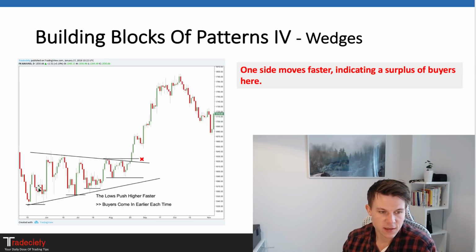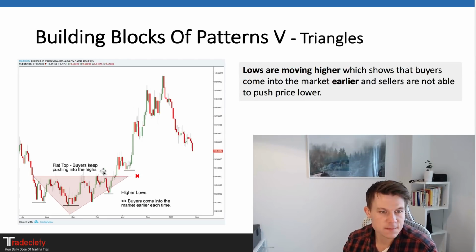So it means that every time the price moves lower, first of all, the buyers come in earlier, and the sellers are not able to push price as low. Every time the buyers are interested earlier and earlier, and then the final signal is given here. When we break the sequence, we make a higher high, in this case as well, and then we start this trend wave. So just look at how the highs and the lows are forming, what the buyer and seller waves are doing, and then you can already read the market sentiment.